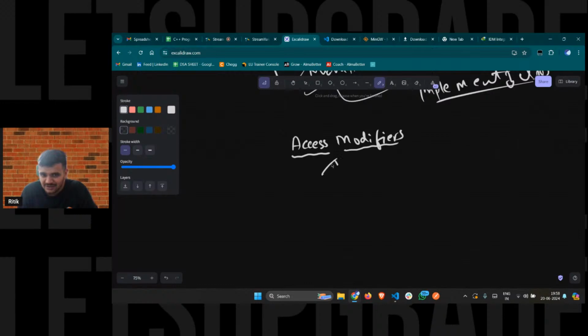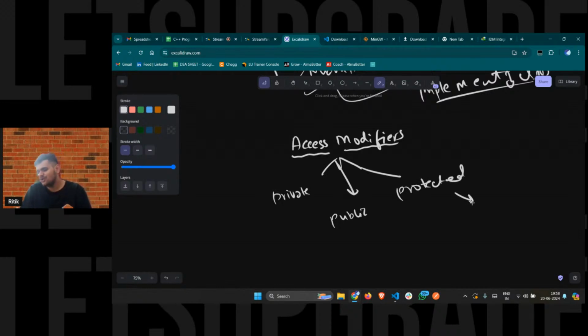Access modifiers tell you which properties you have access to. There are majorly three types of access modifiers. One being private, next being public, and the last one being protected. Now, this one will make much more sense to you once we are done with inheritance. So we'll cover this part later, but for now we'll see the difference between the two,